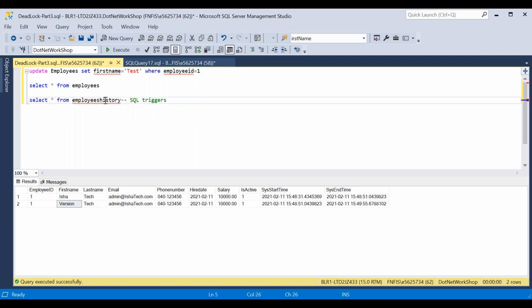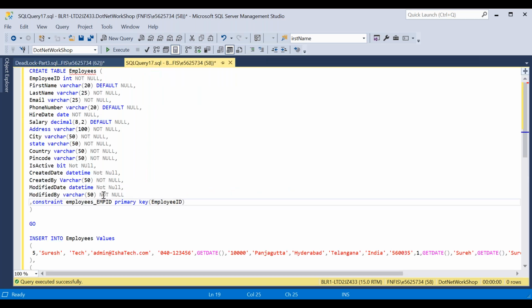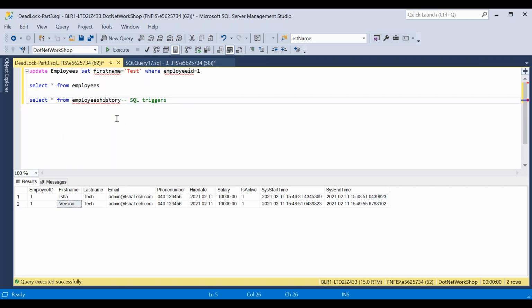But to do so, SQL Server always has to fire one more trigger. It has to look into the table and insert the table data into the history table. But by default, as I told you, with one concept called system versioning, SQL Server need not fire any trigger again. It will internally take care of that. It will maintain the history, so that for logging purposes it will be easier to get the historical statement. Any questions? Did I answer your question or any confusion?